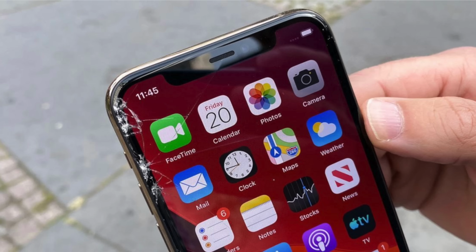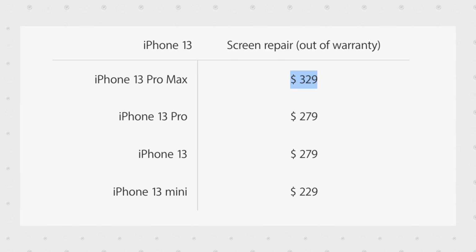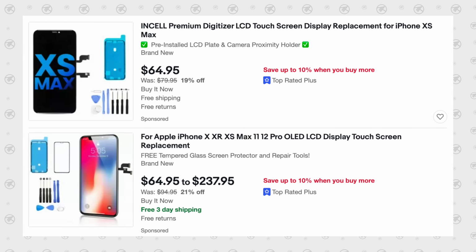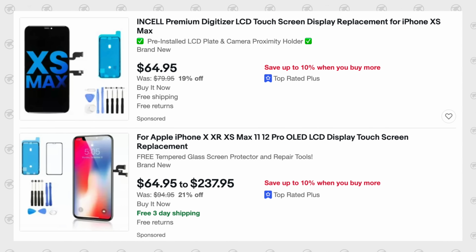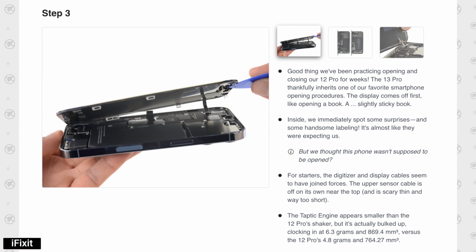So for example, if you cracked your front glass, you can order a new display panel and swap it out yourself without having to pay a massive $329 for Apple to do this for you, which currently leads many common people to a local repair shop that is going to try to sell you on a crappy, unreliable third-party display to lower the total cost, since of course they're going to be charging you extra for the labor cost to